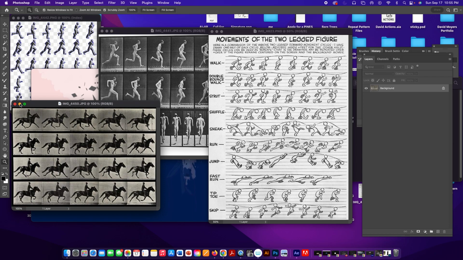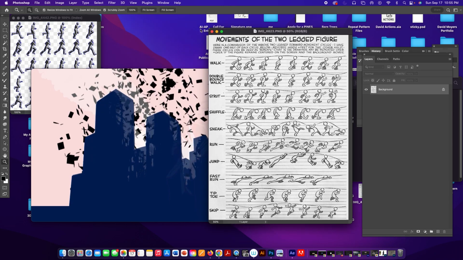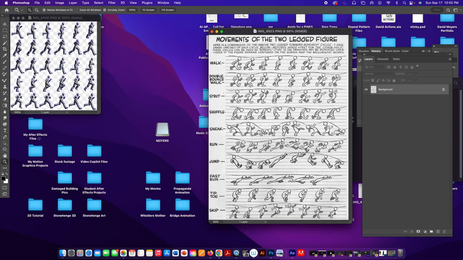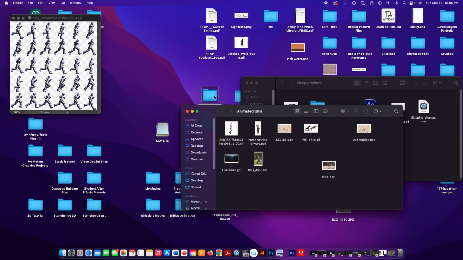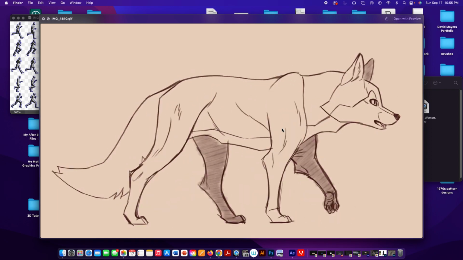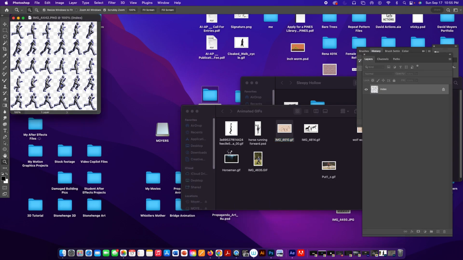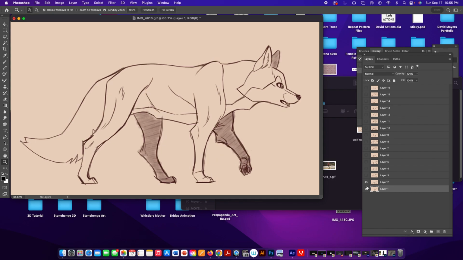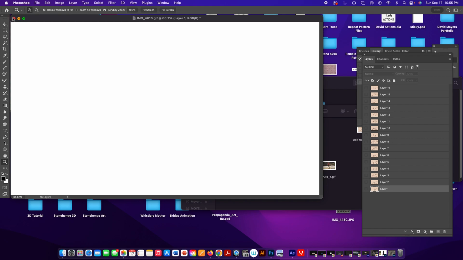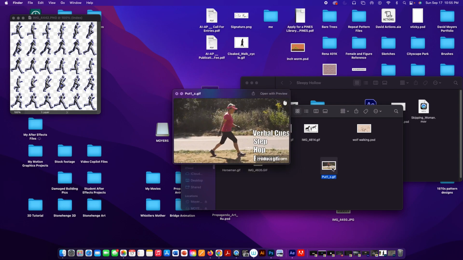One thing I've been using recently is animated GIFs because I find that they're very helpful. And when you open them up in Photoshop or Procreate, you get all these different layers. So let's go into, I've got a folder of some animated GIFs here. Like this one, for instance, helped me to produce a wolf walking, okay? And if we take it into Photoshop and open it up, you can see all the different layers. And these are very helpful, okay? I used this one. We don't need to save that one. This GIF right here,